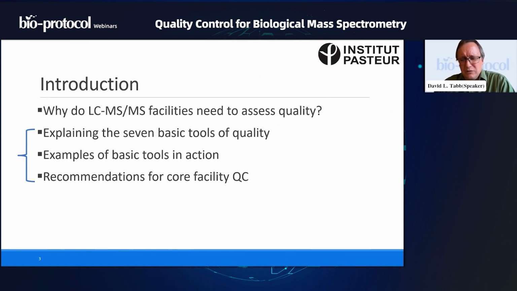So for that, I'm going to walk through the 7 basic tools of quality as presented in a rather classic book on quality control. But for each of these basic tools of quality, I'm going to try to link them to how these tools play out when we're working in proteomics, and also try to tie these to different recommendations that people can use, especially if you are running a core facility, to ensure that the data you return to facility users come with a package that accredits those data, that says these are solid and worthwhile.